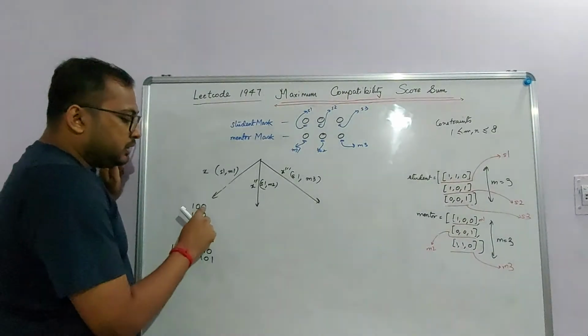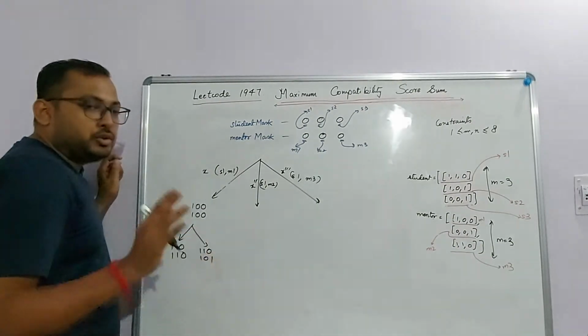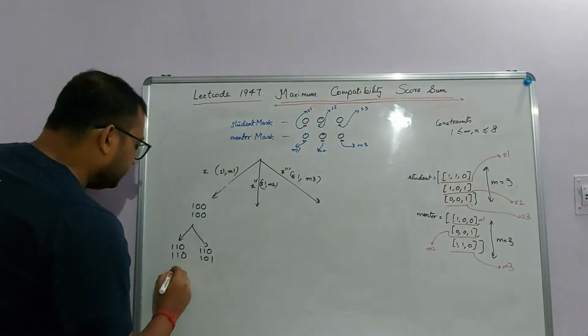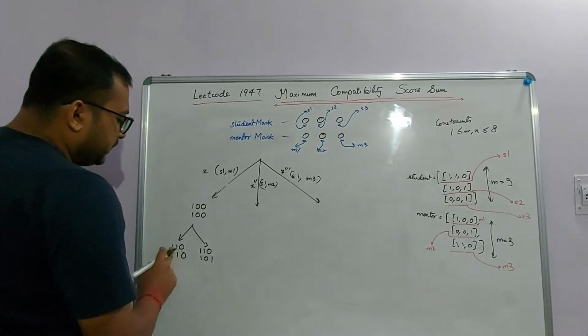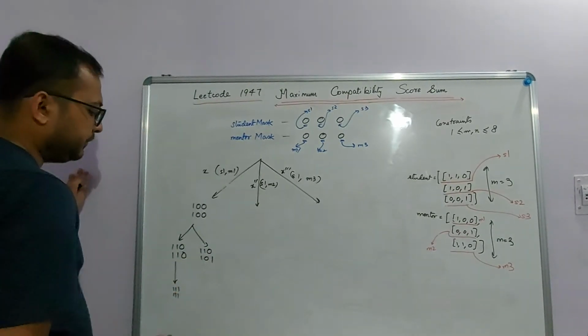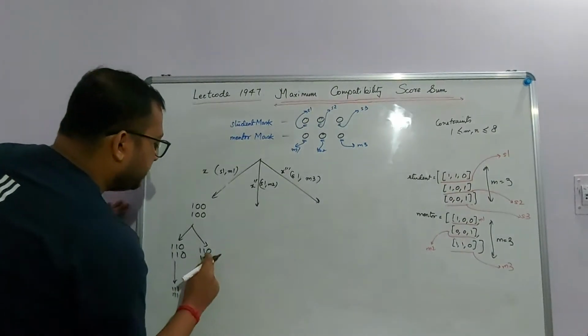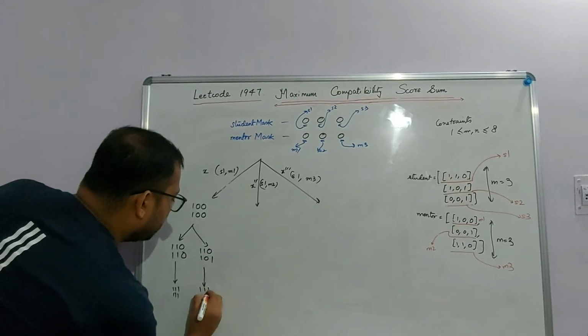We can also match student 3 with mentor 2 or mentor 3, but right now I'm not showing those steps. I will show you why. So let's move ahead. I can show that again student 3 can match mentor 3. So I have 1 1 1 1 1 1. This is the base case where all the students and all the mentors are matched. Same goes for here. I match this with this, so I get all ones and I get all ones.